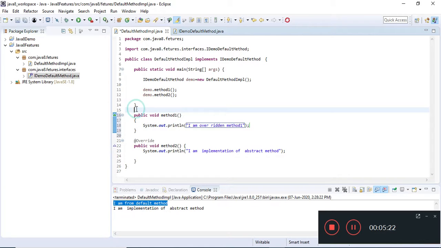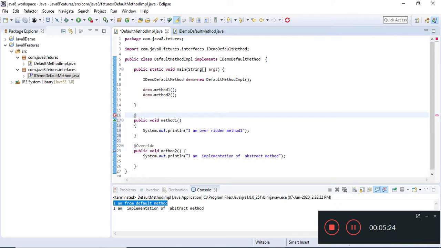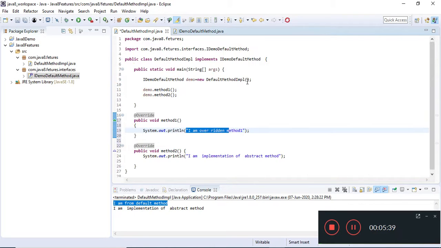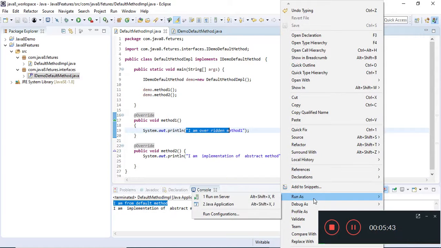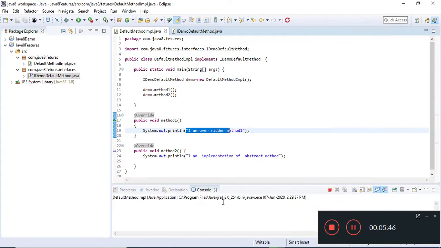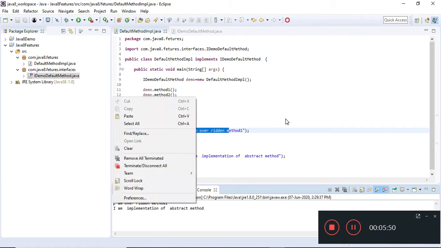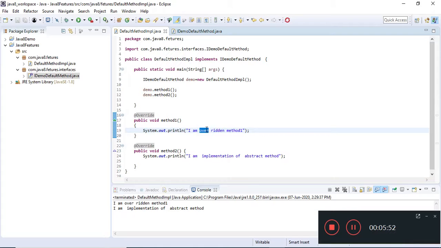Here we can write @Override, and now I'll execute it, and you can see it will print this particular string. It will not print the earlier string because it has overridden the default method of the interface, so it has printed these strings.